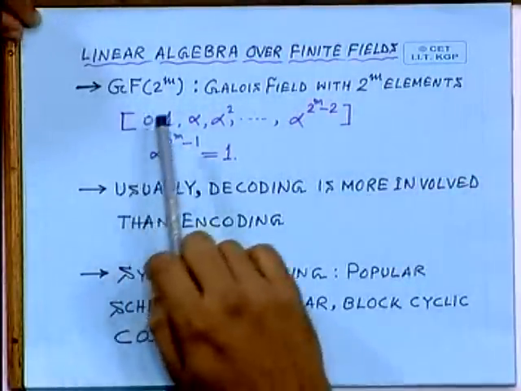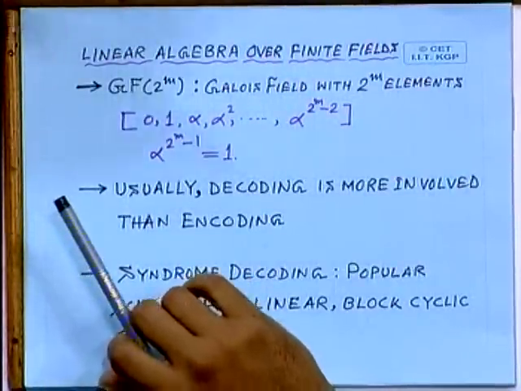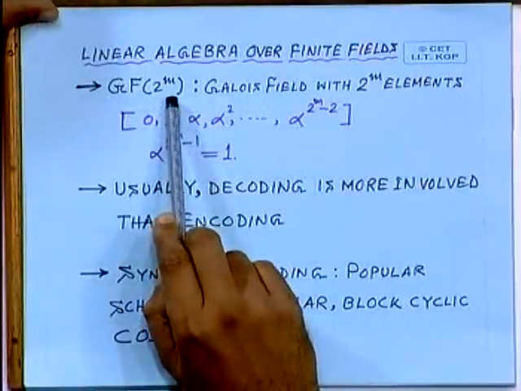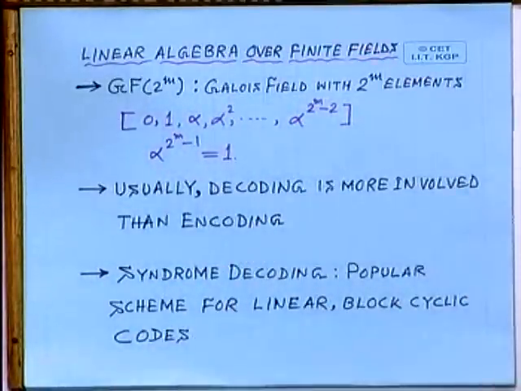mathematics or algebra contains 2 to the power m number of elements, in contrast to our usual decimal field, where it's not a finite field really. You can imagine any number, and it's not bounded that way. So it's a field which has got only a finite number of elements. For example, m here is an integer. In the simplest form, say m may be 1. So you can define a finite field of 2 elements, which is nothing but your usual binary field with elements